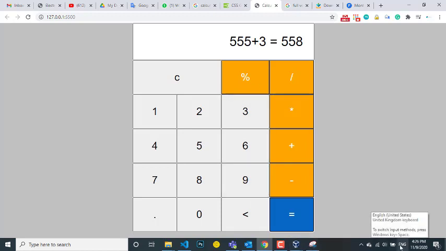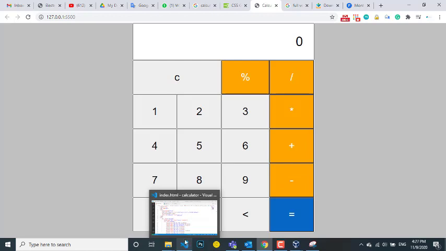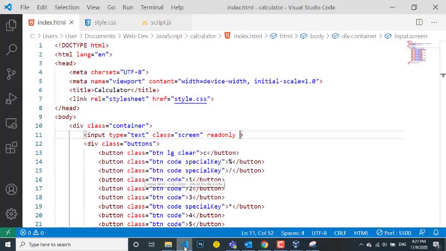The pressing of the keyboard of the computer is also working perfectly. You press this backspace and it cancels it one by one, like you can see here. And you can just use the calculator and press equal, it gives you the answer too. So let me explain to you the code of how this one is coming up.